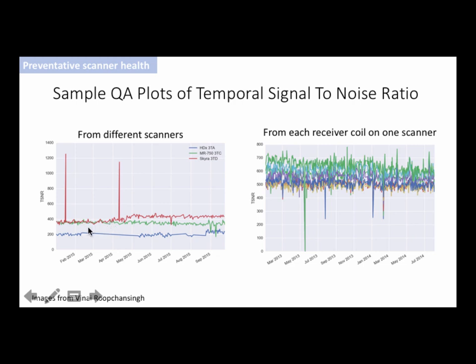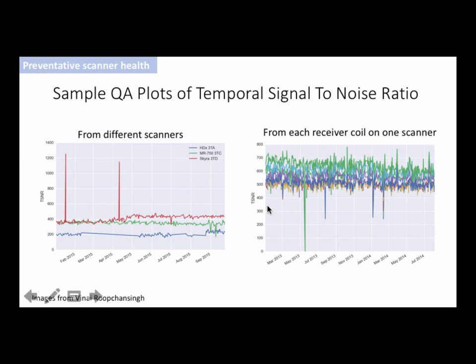So what you can see in all these scanners is they're mostly flat. Sometimes you see weird things happening. When you see a weird thing like this, it's more likely something wrong with the QA scan that day as opposed to a scanner issue. But sometimes you'll notice things that